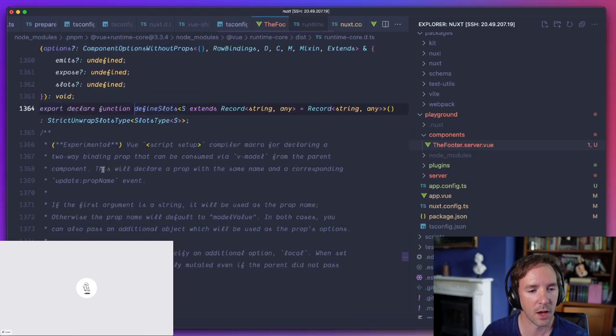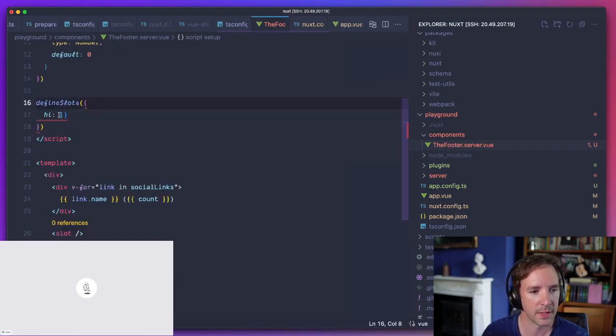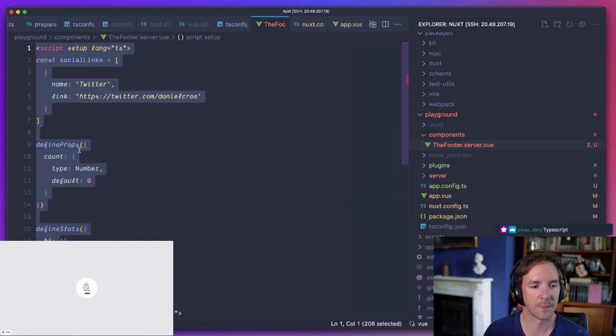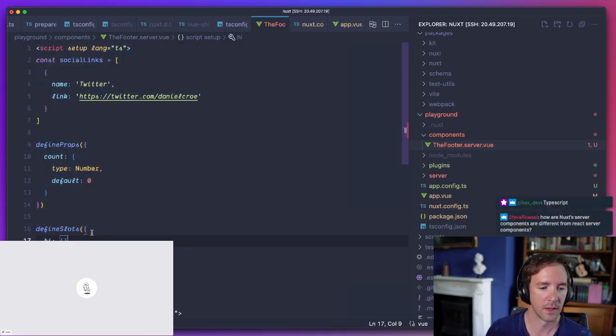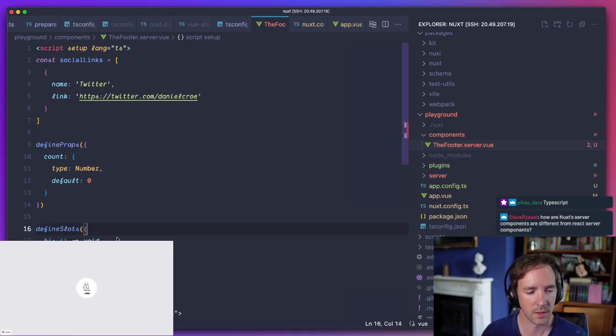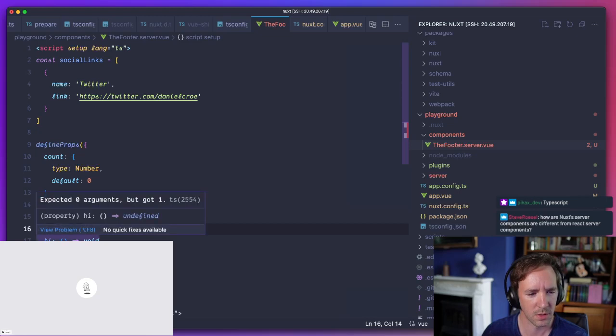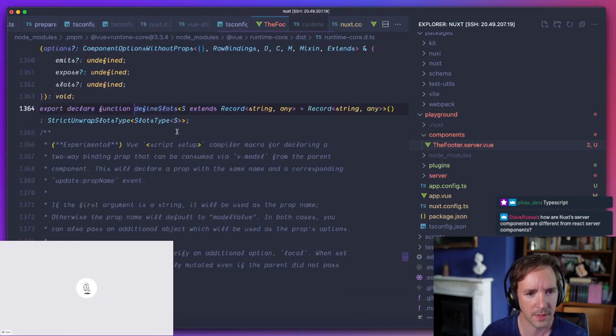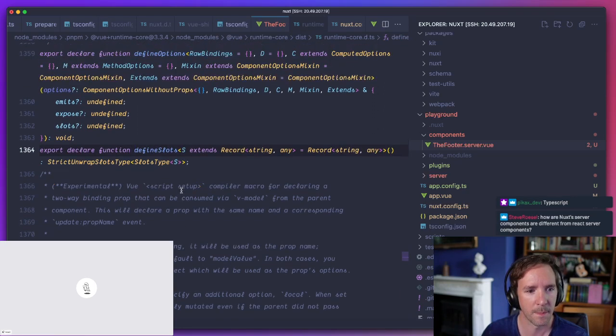I have the slot, oh, and then it's a function. So it's basically, oops. And the function returns void? No, it probably needs to return a vnode. But why? This is more complicated than I think it should be.